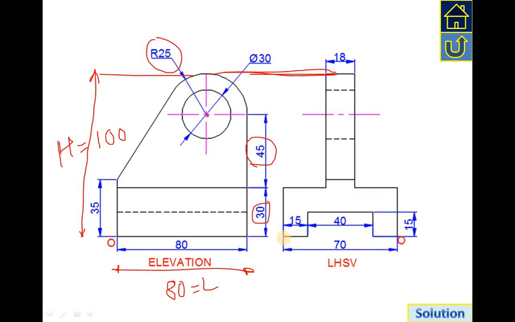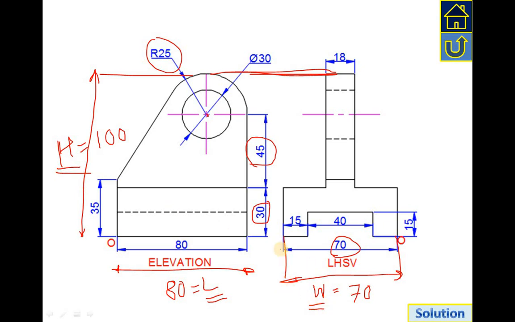But another dimension that you can always see in the side view is the width. So this dimension in the side view is the width, and you can clearly see it is 70 mm. So you got three dimensions here: length, height, and width.